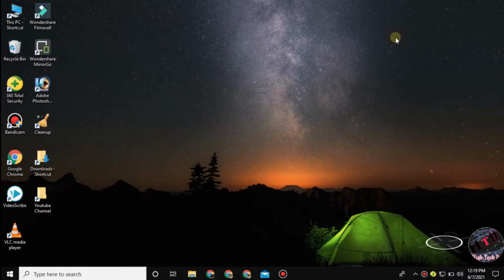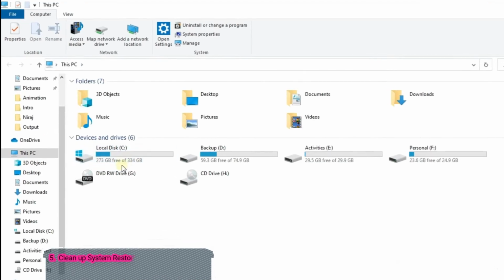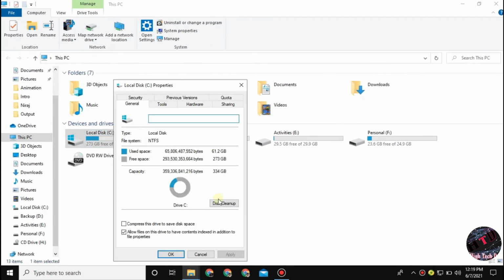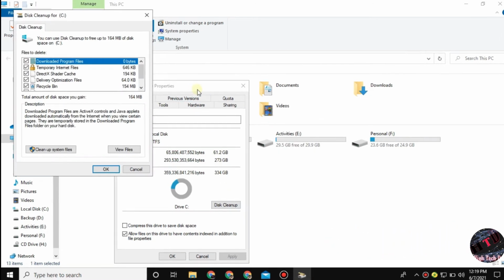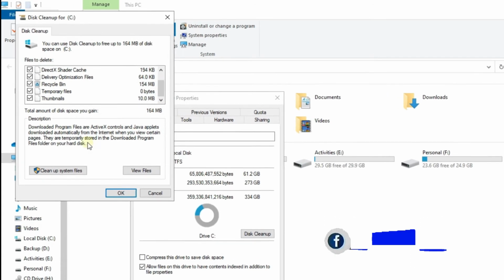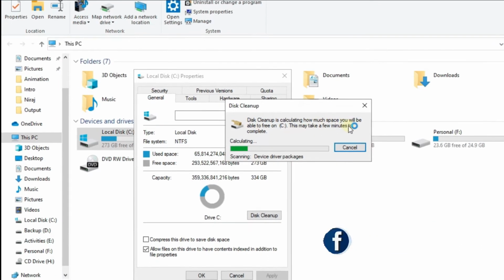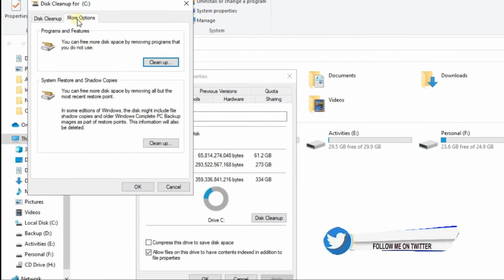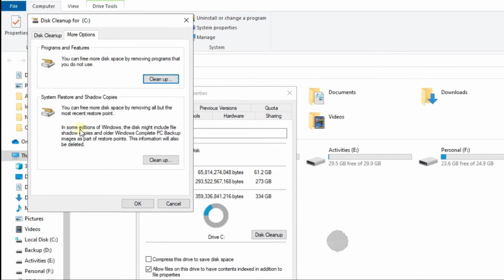And now you can see all the files are deleted. And now at the fifth position, to get much more space, we have to clean up the system restore and shadow copies. For that, go to This PC and then the properties of the C drive and then Disk Cleanup, and then Clean up system files. And now you can see the cleanup files are calculating, and now go to the More Options tab, and here you can see system restore and shadow copies.